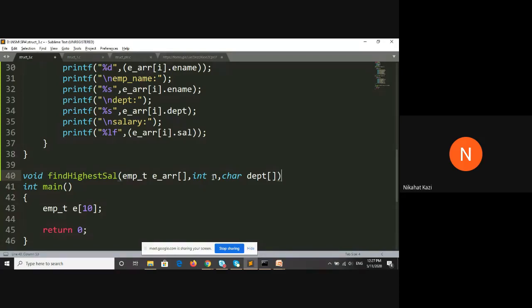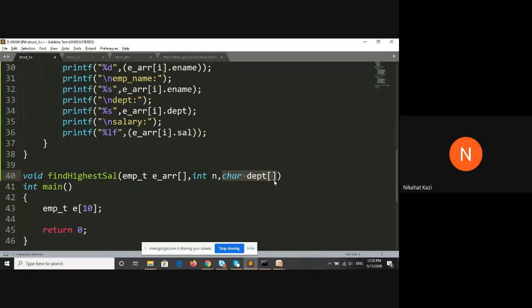Now, one thing to note here is, since department is a string, you do not need to put the length of that string. Usually for arrays, we put the length as one more parameter, but since department is a string, you can always find the length of the string using strlen. And we do not need the length here in any case. We'll be using a string library function, strcmp, to compare the department names, that means whatever the user has entered with the actual names present in the database, right?